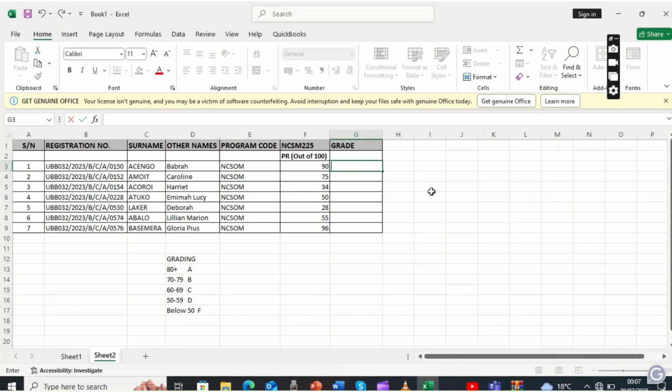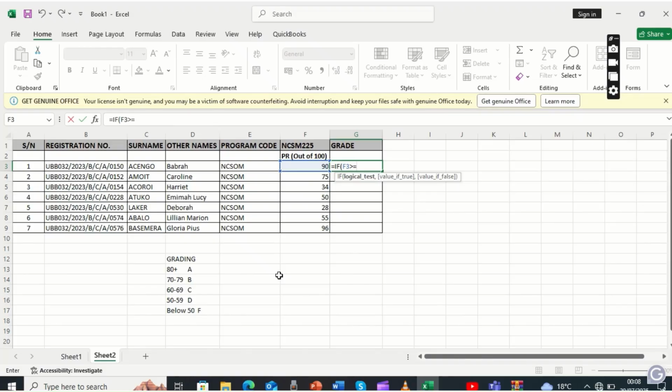While grading, we know that in Excel we start with the equal sign. And from the equal sign, we are using the IF function. So we first type IF, and then we open up the brackets. After opening the brackets, they are telling you to put the logical test, and that logical test is either true or false. So after opening the bracket, we don't put the 90, but we click on the cell. Here, if it is greater than or equals to 80,